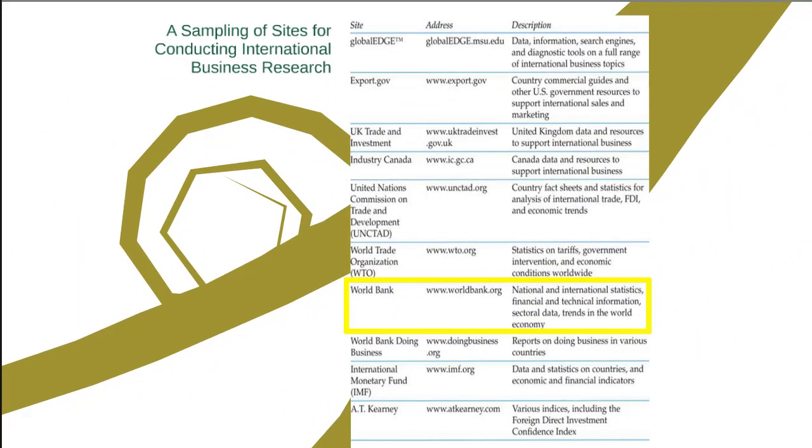Well, we know about the indicators involved in the industry level analysis, but how can companies estimate the industry market potential in practice? This table summarizes various sites useful for estimating industry market potential, and of course, these databases and public data sources are also very useful to assess various statistics for conducting market opportunity assessments and other international business research. And as I highlighted in yellow color, you can see that the most useful source for international business research is the database of the World Bank, which is the one you've been using in the global database mini presentation,